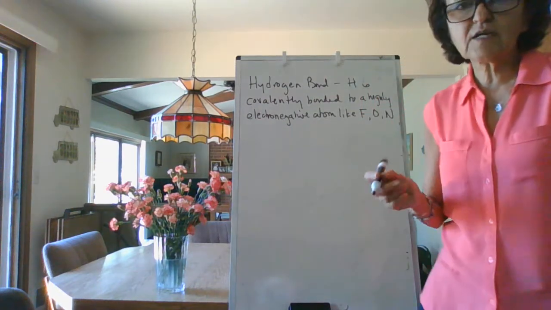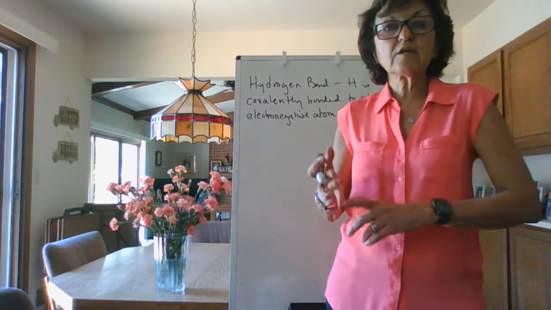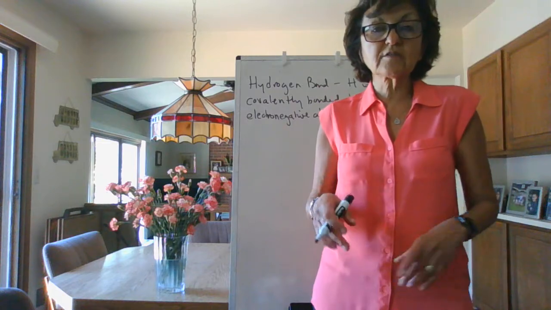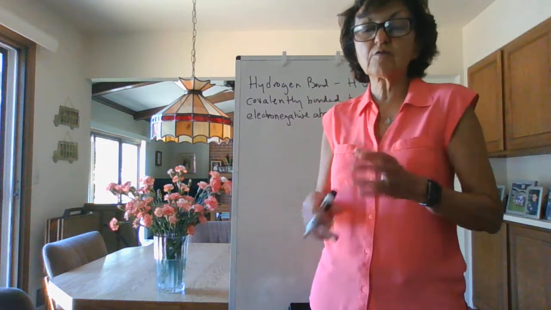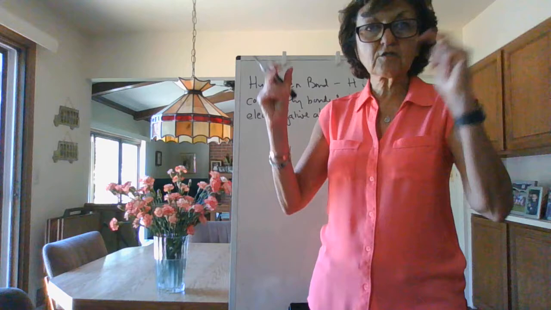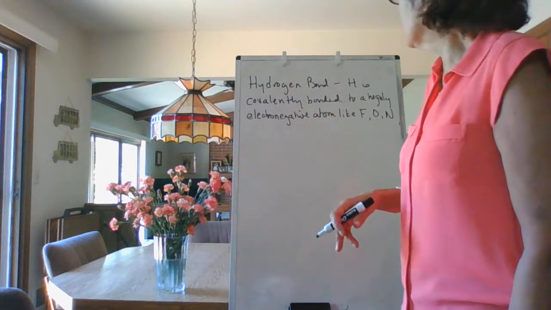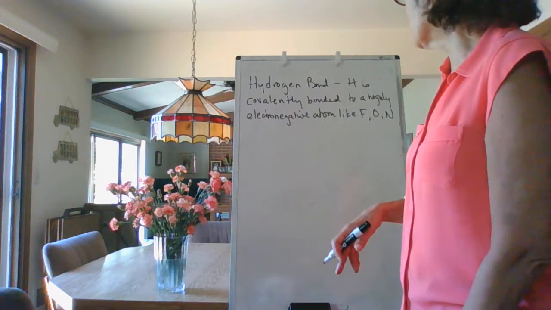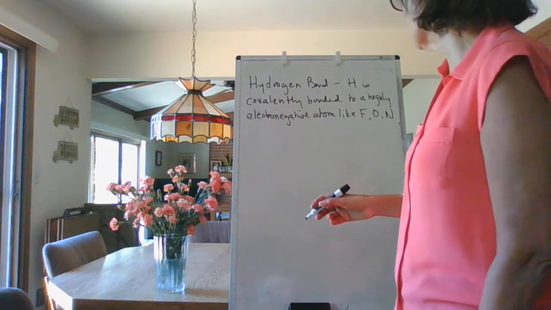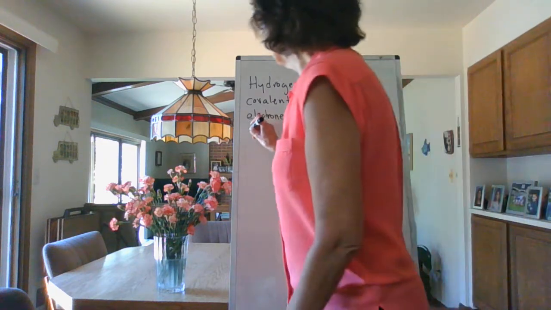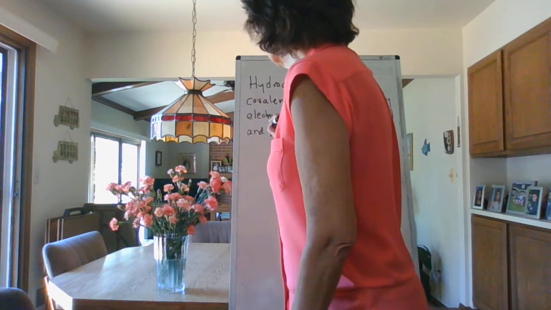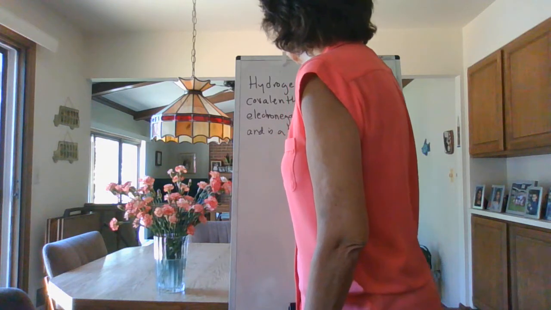If you look at the electronegativity table, fluorine has a value of 4.0, oxygen 3.5, nitrogen 3.0. So these are the most electronegative, all right? Hydrogen is covalently bonded to a highly electronegative atom like fluorine, oxygen, or nitrogen, and is attracted to